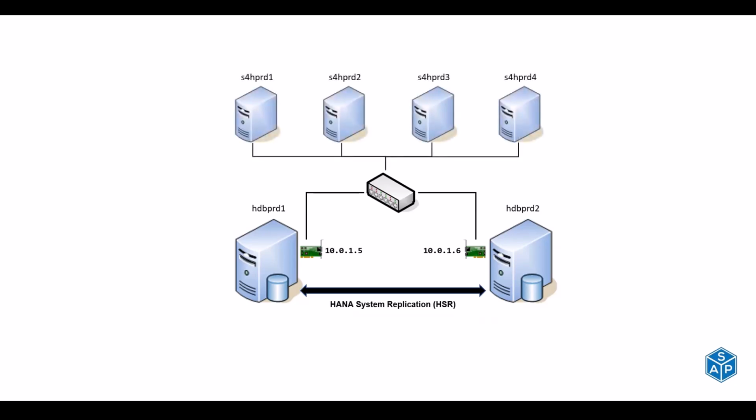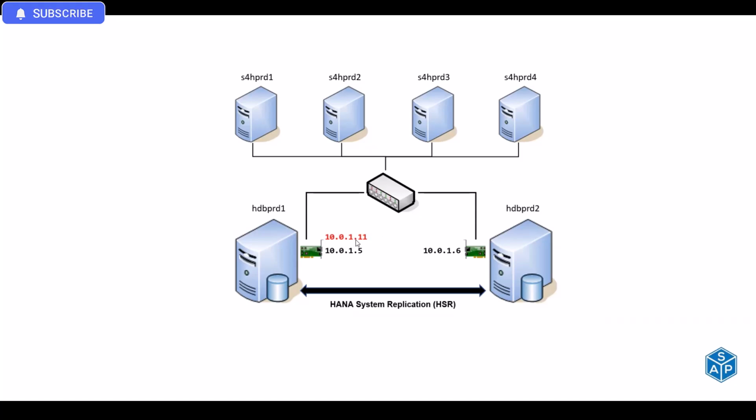Now, on this switch only, there are application servers connected to the same network switch. For example, this is your S4 HANA PRD1, S4 HANA PRD2, S4 HANA PRD3, and S4 HANA PRD4. These are your 4 application servers. So your database is also on the same network switch, and your application servers are also on the same network switch. Now what happens? You have a virtual IP